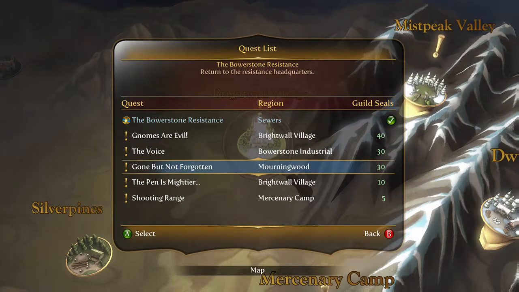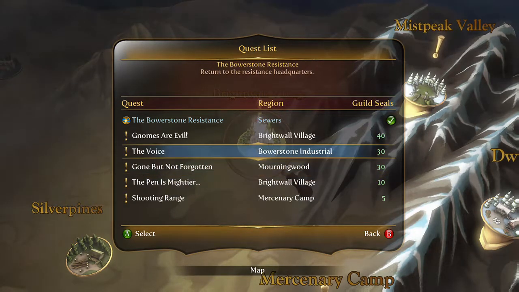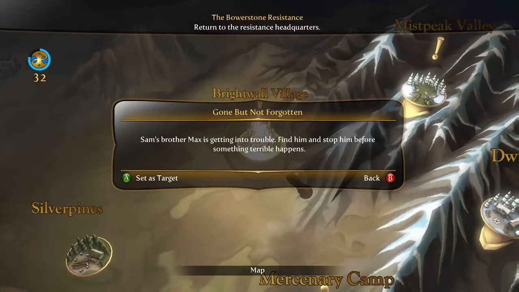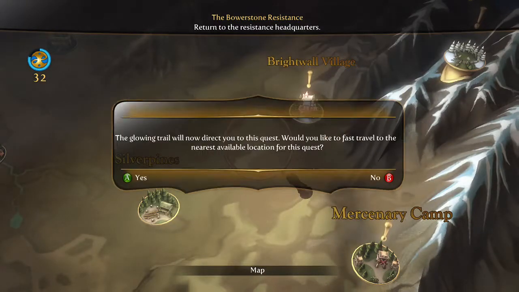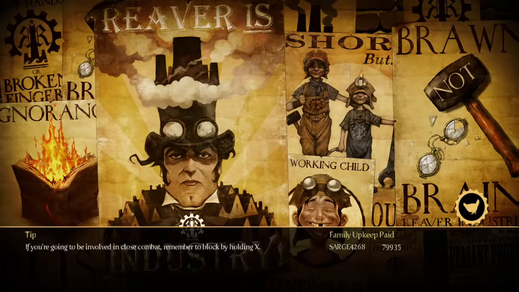What is this? Gone but not forgotten. Alright, yeah, pen in my ear. The voice. That's the DLC, we're not doing that yet. Tell you what, we'll do... Can I click on it to see what it is? Yeah, okay, this is what I thought it was. So, we're going to carry on with the story first. Oh, sorry. Because if that's the one I believe it is, that mission is...